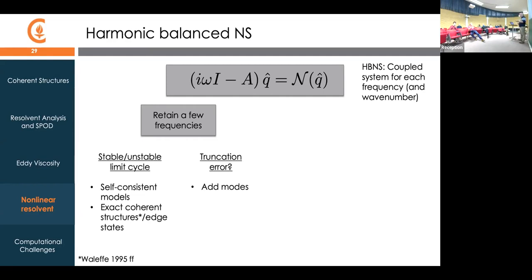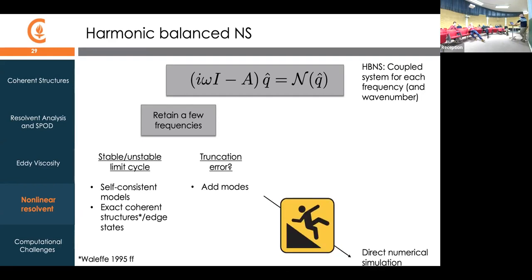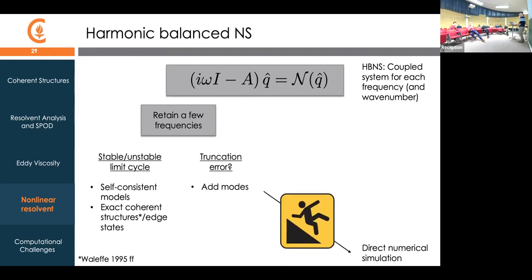The only way you could then resolve that truncation error would be to add more and more frequencies to your basis, the standard sort of thing you would do with simulating any nonlinear solution to Navier-Stokes. But the problem is that if you just simply add more and more modes, what you'd be aiming for, without further modeling or ideas, is simply a frequency space solution of a direct numerical simulation, which might have a few attractive features, but by and large is likely to be much less efficient than the time marching methods that we're all familiar with using for Navier-Stokes.